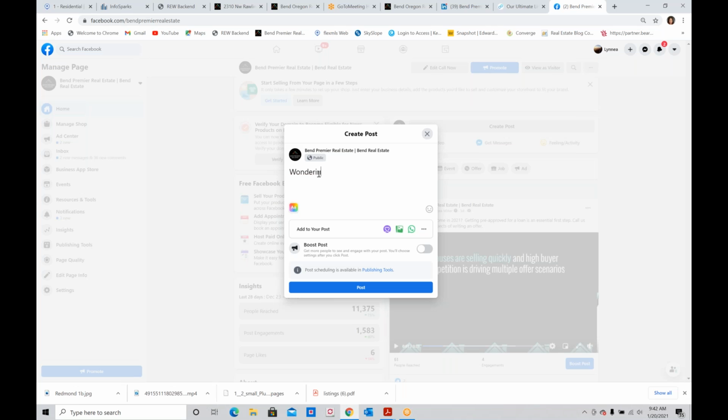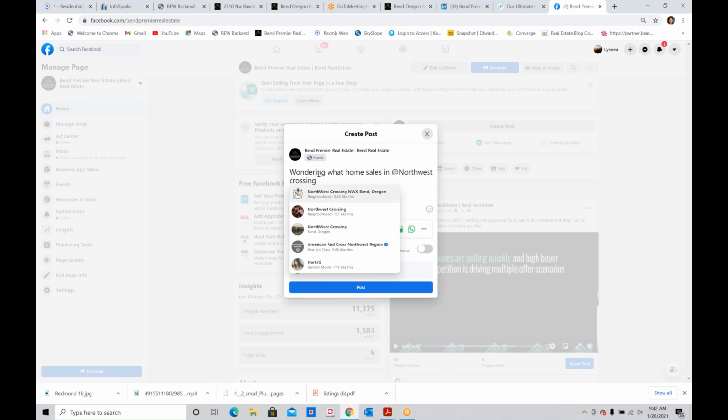So I say, wondering what home sales in, see, use the @, that's the ampersand off your keyboard, in Northwest Crossing. There we go. So it's a category that obviously is seen. You can see there's a whole bunch of things here. There's Northwest Crossing